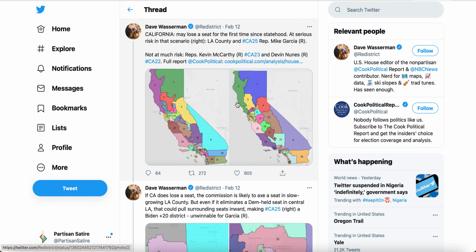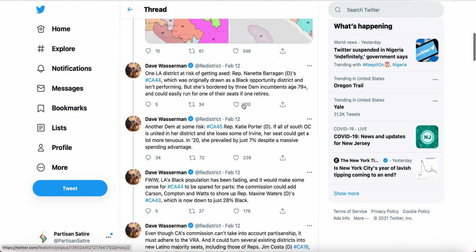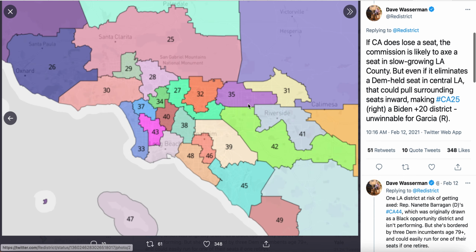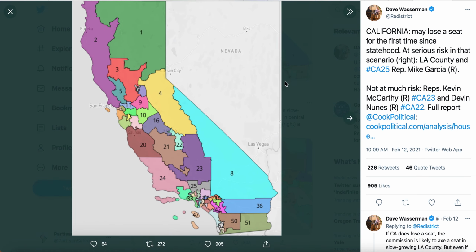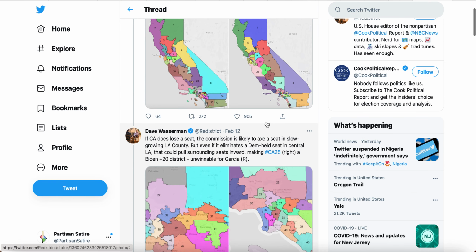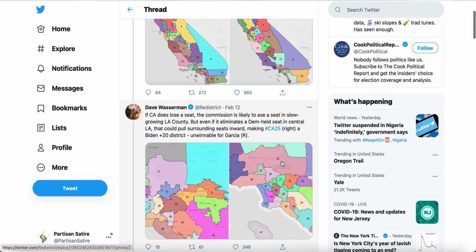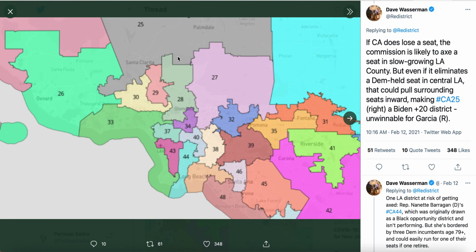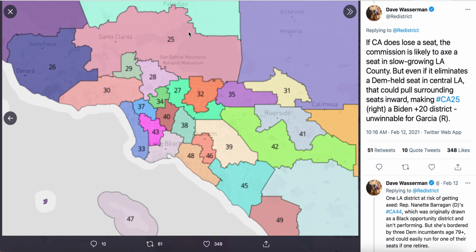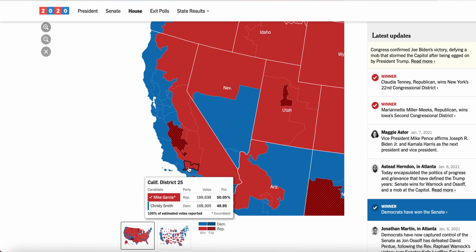But for Republicans, it's also unlikely that the independent commission is going to help them that much. It's mainly going to be a shift in power between Democrats and between Republicans, not crossing between Republicans and Democrats. At the very most, it could be beneficial for Democrats in the 25th district right here, which is currently a Republican district. It's a little bit north of Los Angeles, but that district is going to come closer to the Hollywood area, which means it's going to become more Democratic and harder for Mike Garcia, who I believe is the current representative, to win his re-election campaign in 2022.